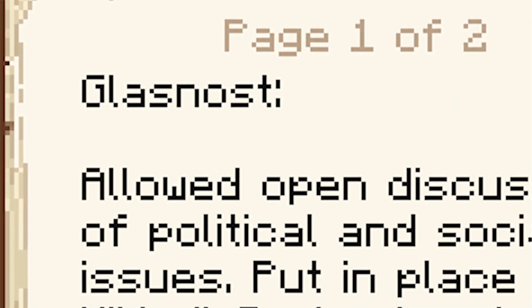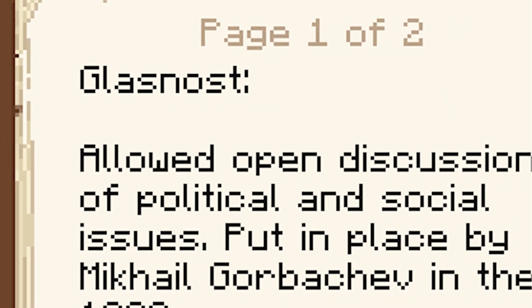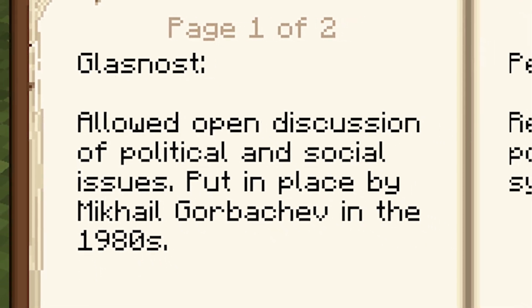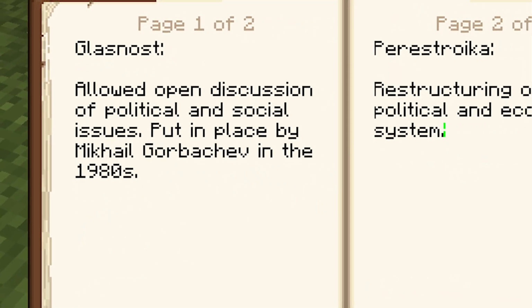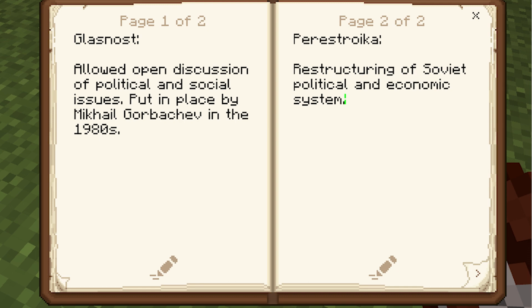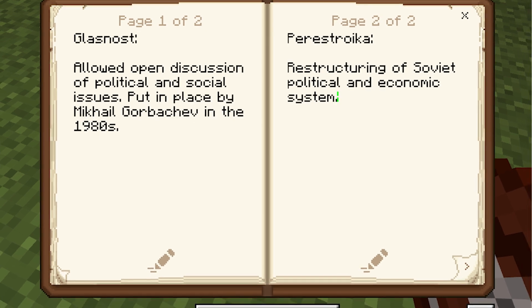In order to attempt to keep up with these policies, Soviet leader Mikhail Gorbachev attempted to implement the policies of perestroika and glasnost. Perestroika allowed more economic competition and provided incentive to produce goods. Meanwhile, glasnost allowed people to have more open opinions about the government. However, despite all these policies, the Soviet Union eventually ended up completely falling in 1991.